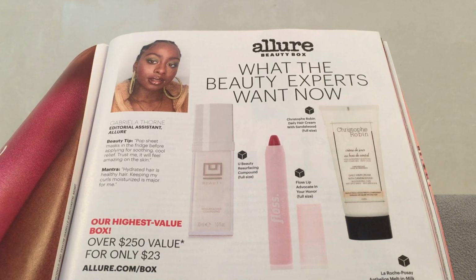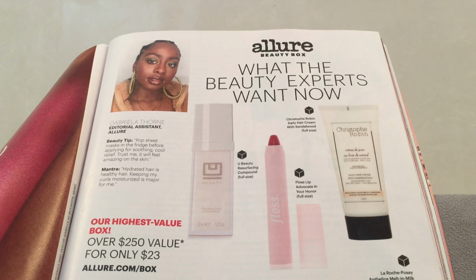I still haven't received my Allure beauty box for this month, but I did get some tracking information today. However, with that tracking information, it takes a long time for it to start moving. So I really don't know when I'm going to be receiving it. So I'm happy that it's giving me a heads up of what's going to be in the box. I'll go through that with you guys here. But like I said, I don't have any other information of what's going to be in the box for next month. And I'm hoping that they're going to go back to giving us a couple of these sneak peeks,